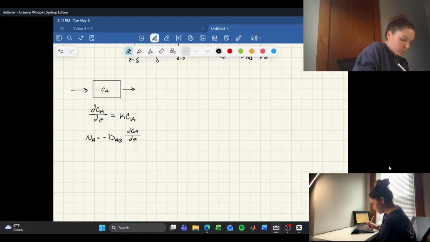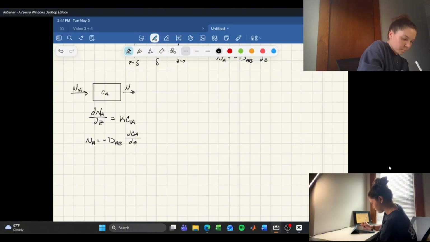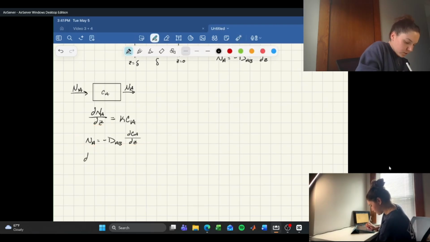Oh, sorry, this should be the molar flux of A. There we go. So now, taking the derivative of each side, this would be the derivative of the molar flux of A with respect to position is equal to,